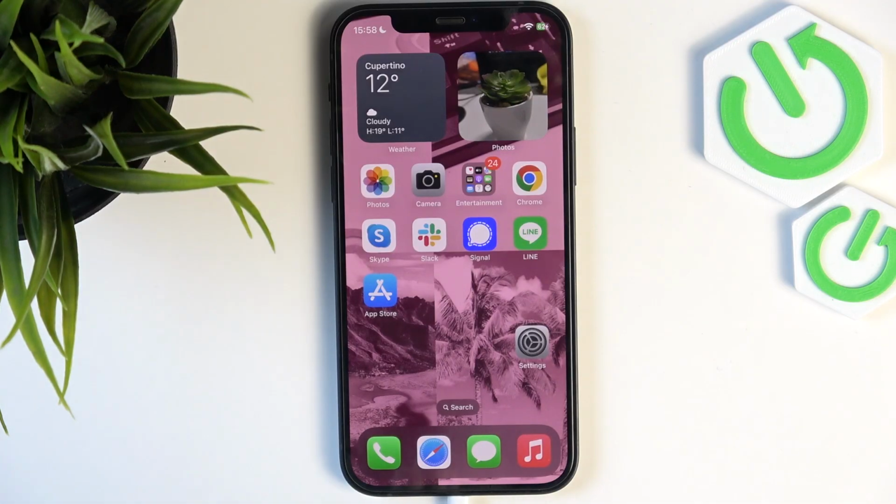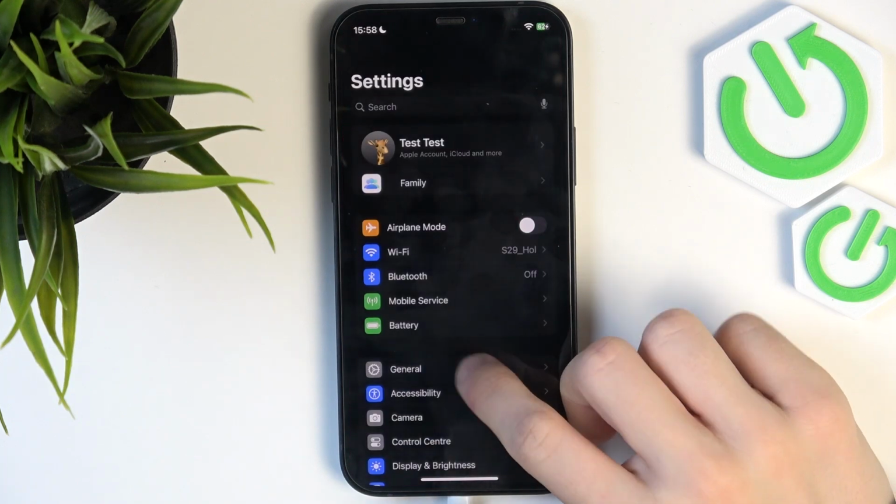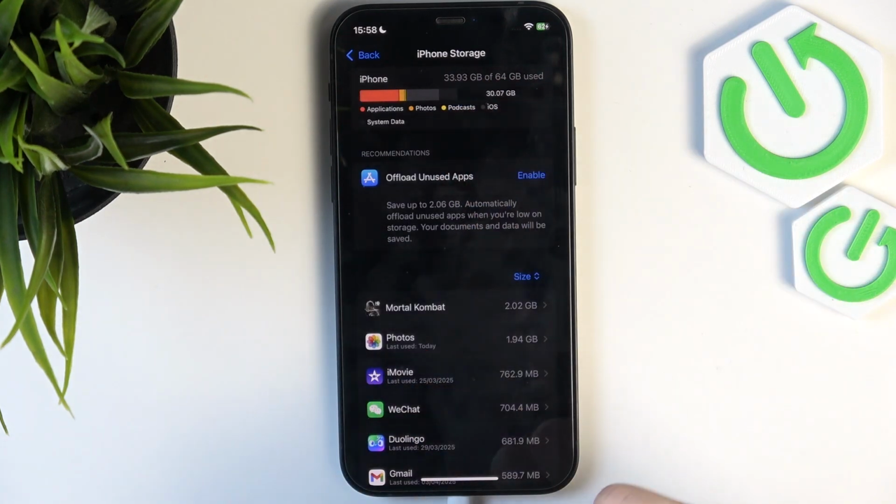So if you're running out of storage on your iPhone, go to settings and go to general, then go to iPhone storage. You can see that I have quite a lot of free space, which is 30 gigabytes. That is a lot, but if you have just several megabytes, like 100 megabytes or even less, or even a bit more, then you may want to